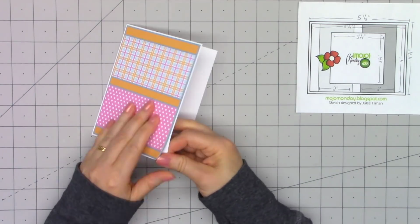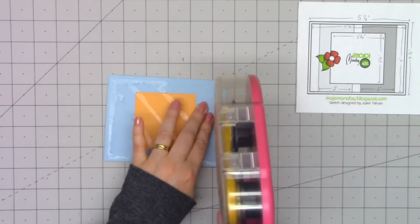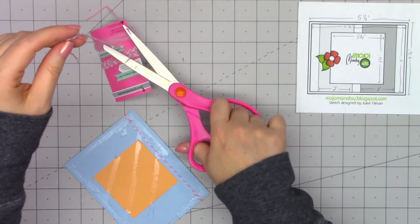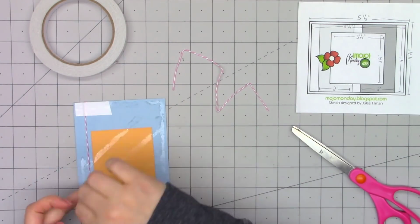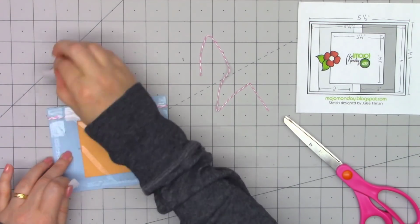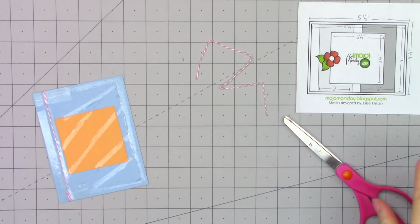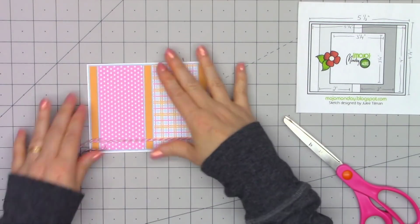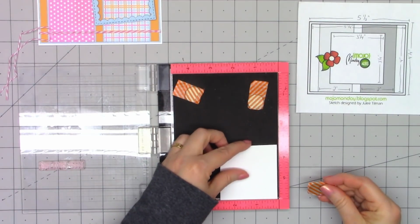piece. And then I started attaching my card front onto my card base, and I forgot that I wanted to add some twine. So I did end up pulling all of that off. Did ruin the card base, but that's okay. Wrapped some of the pink and white twine along the bottom of the card. I'm going to adhere the ends to the back of the card, and then I'm using an extra piece of score tape just to make sure that it's going to stay in place on my card base. So add more ATG, and then I'll thread some of that twine underneath the other 2 pieces, and later I